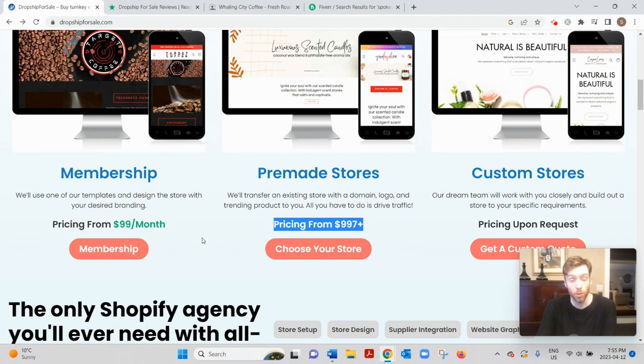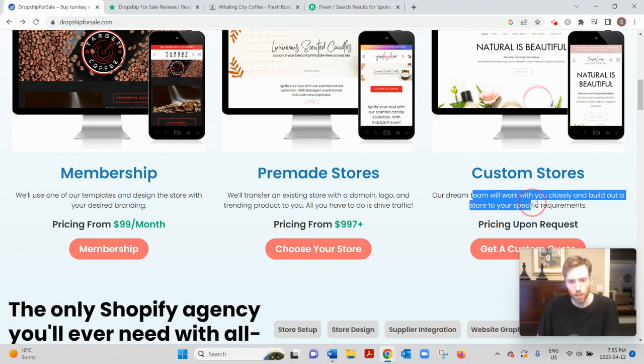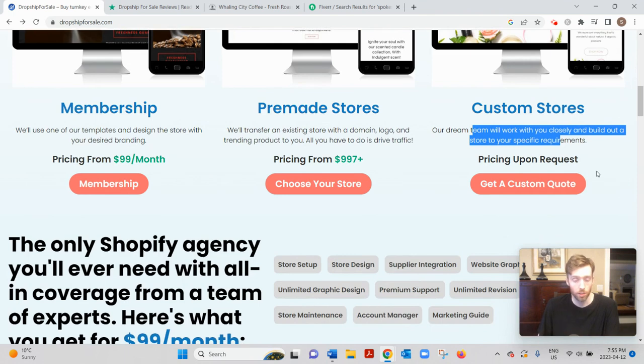They'll build a completely unique store, unique to you, whereas this previous one, they would have used a template that other people would be using as well. And then customized, you need to get a quote from them. So I'm guessing it's not going to be cheap, but it's more customizable, and you also get additional perks like,